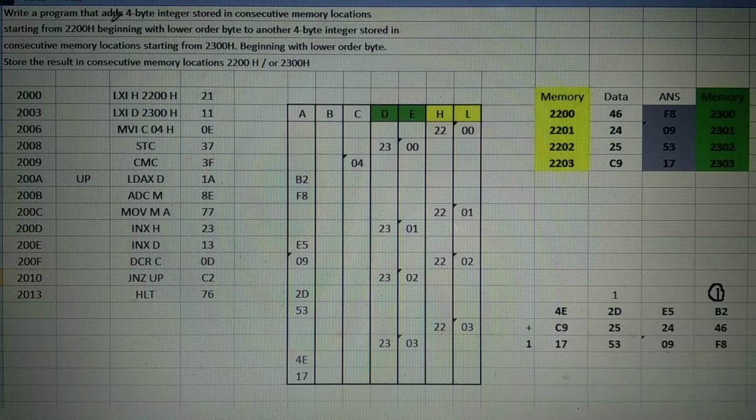Write a program that adds a 4-byte integer stored in consecutive memory locations starting from 2200H, beginning with the lower order byte, to another 4-byte integer stored in consecutive memory locations starting from 2300H, beginning with the lower order byte.